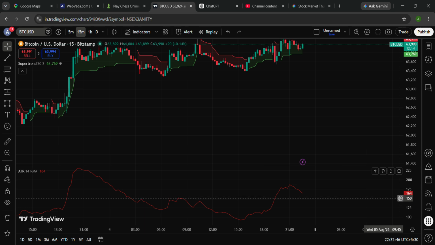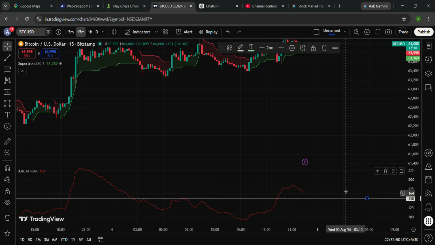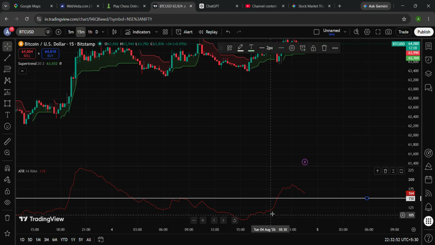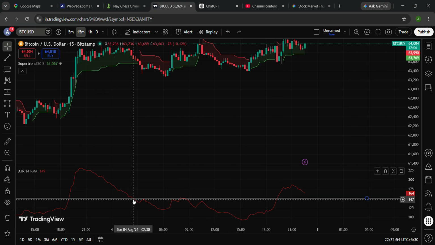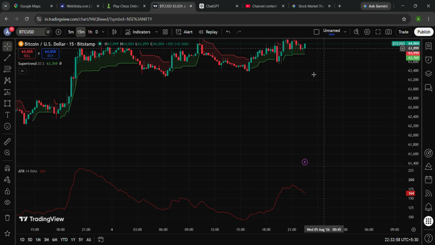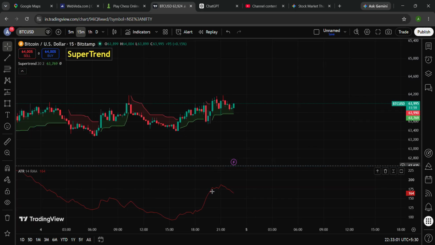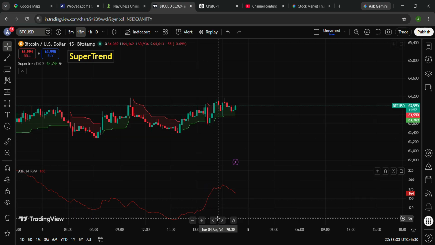If I plot a line here, you can adjust it with the ATR line. So if the ATR line is above the 150 line, that gives us